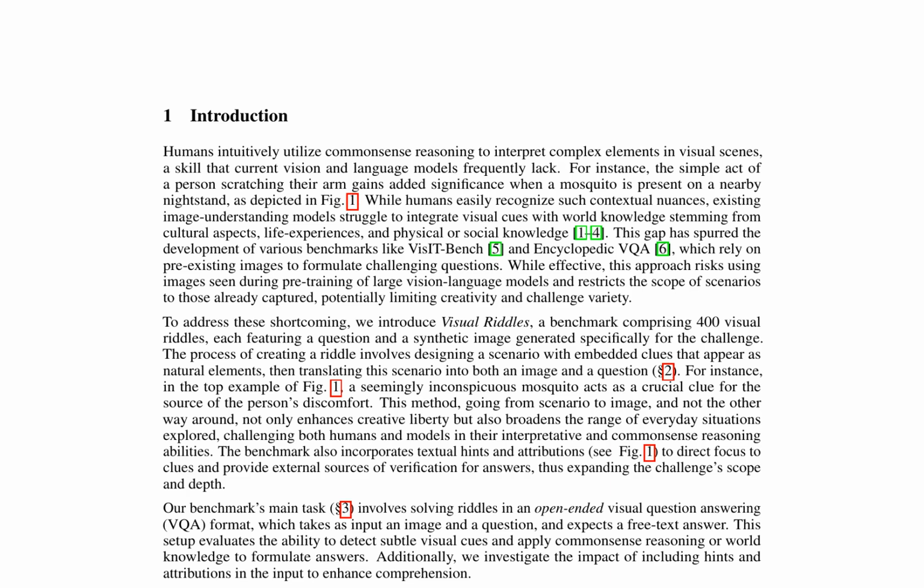The Visual Riddles benchmark, comprising 400 synthetic images, aims to address the current limitations of vision and language models in integrating visual cues with world knowledge. Each riddle presents a scenario with embedded clues, translated into an image and a question, enhancing creative liberty and broadening everyday situations explored. The benchmark includes textual hints and attributions to direct focus to clues and provide external sources of